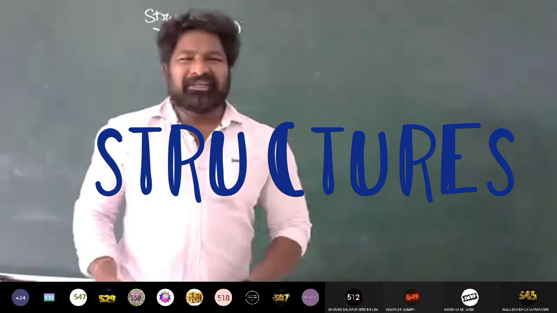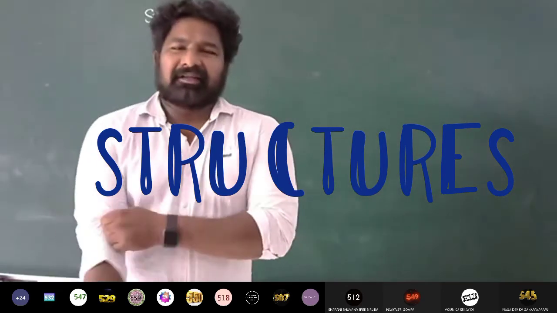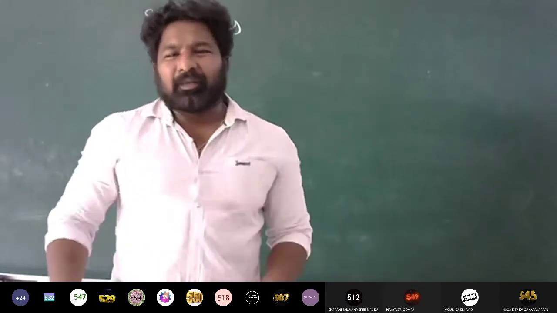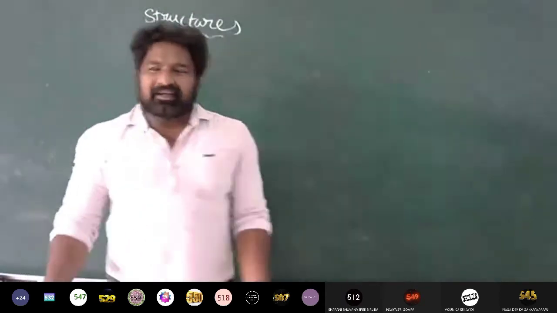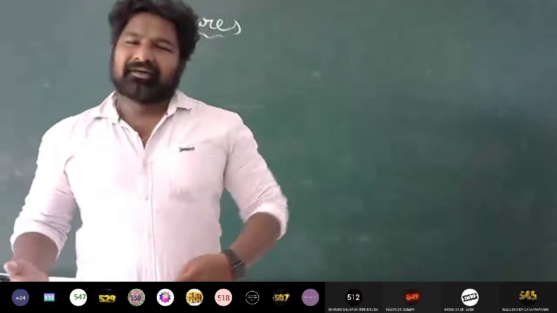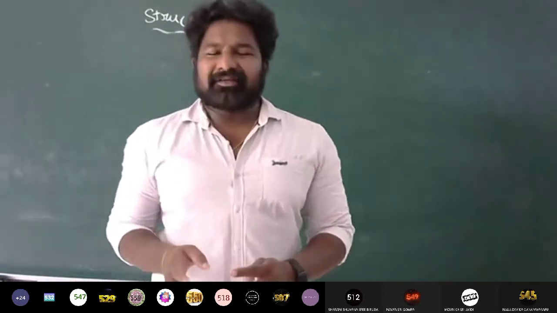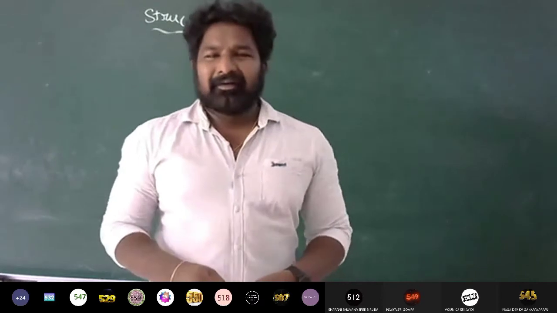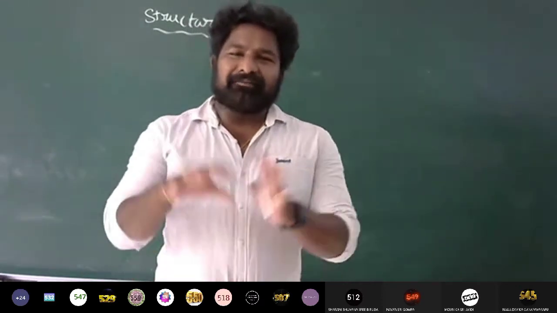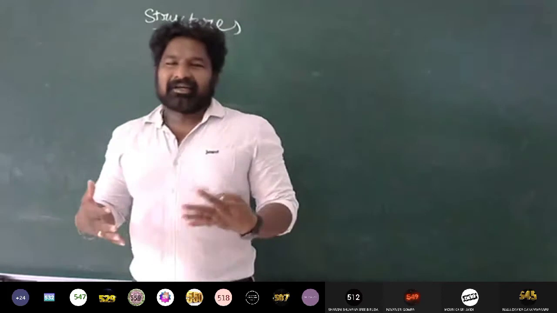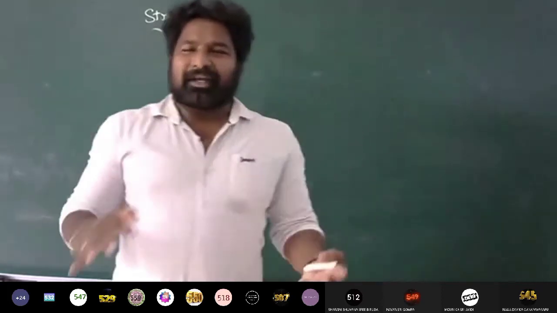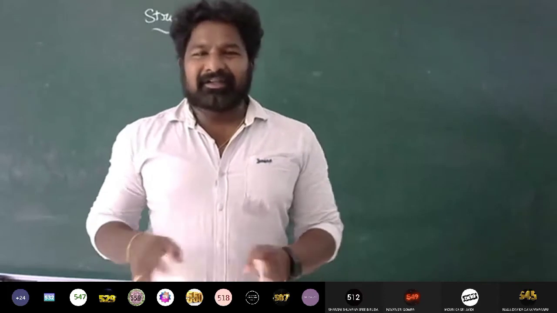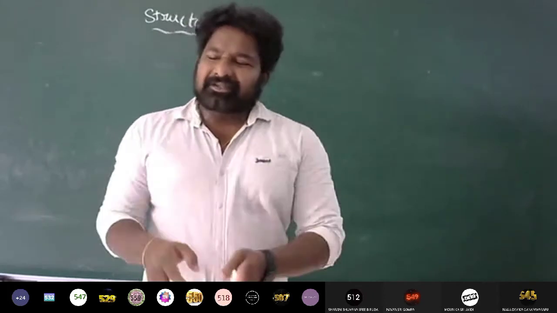Okay, Nana, so you know what I mean by structure, basically. If I take a variable, it can take only a single value, right? Similarly, an array can take multiple values, but the constraint is that all the values should be of the same type. If I want to take values with different data types, and give a single name to all those values as a group, then I'll go for structures, right? So that is the concept of structures.